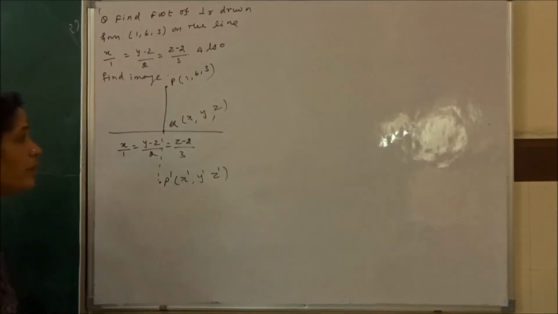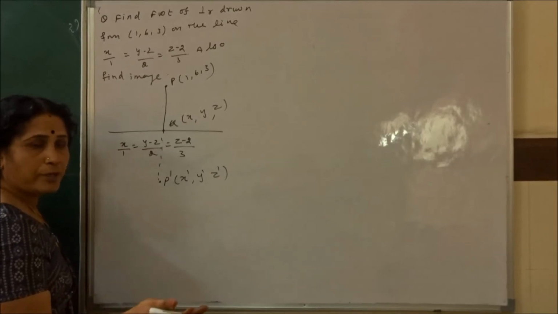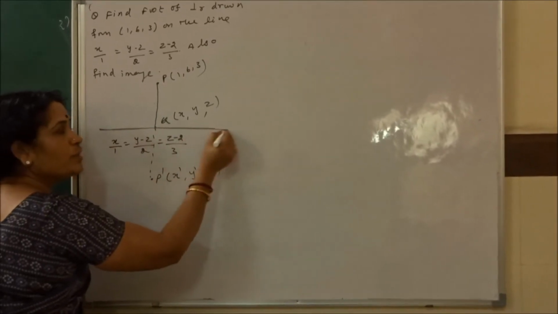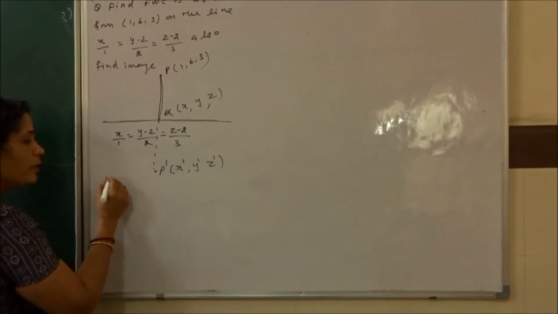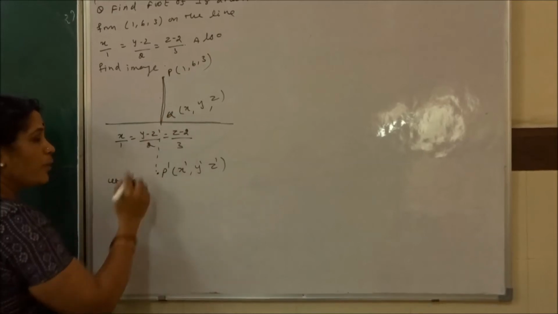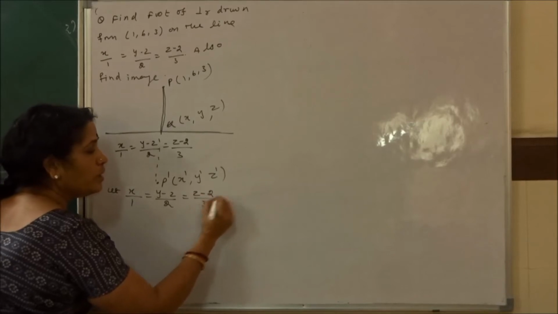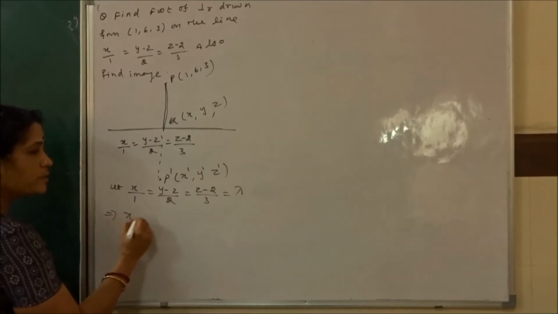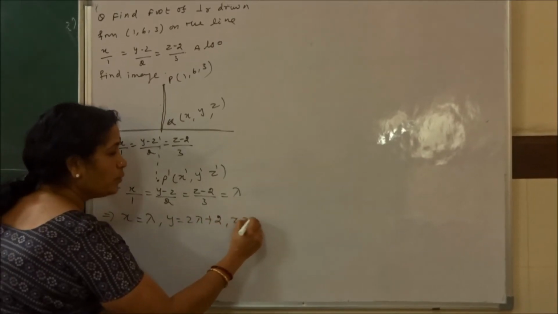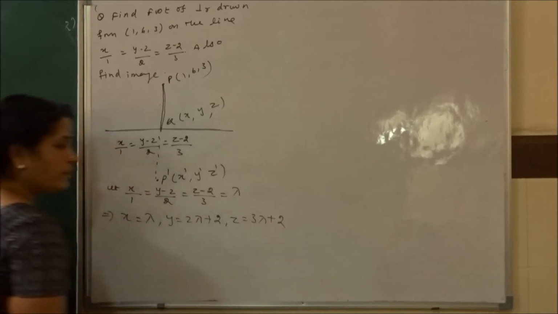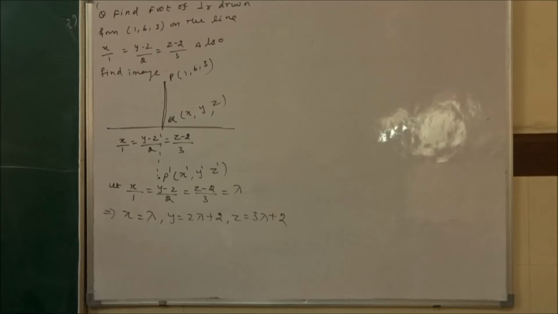Another most important thing, keep in mind: if two lines are perpendicular, the direction ratio dot product equals 0. So you have to find the direction ratio of this line and of this line. Clear to you? Now for that purpose, for finding this point, let x upon 1 equal to y minus 2 upon 2 equal to z minus 2 upon 3 equal to say lambda. This implies x is equal to lambda, y equal to 2 lambda plus 2, and z equal to 3 lambda plus 2. Clear? Since as per the given condition both lines are perpendicular,